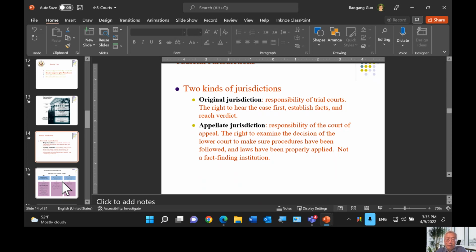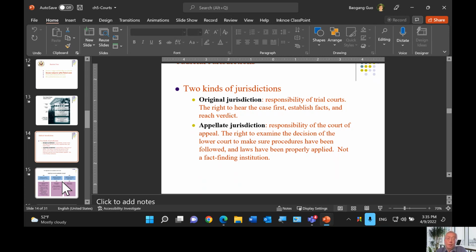Also, at this level the court can examine the application of the law in a particular case. Maybe judges used the wrong law. Maybe the law itself is questionable. So that's where judicial review will take place. If the law is okay, but the judges find something in the law that is clearly in violation of the Constitution, that's where they use judicial review to declare those laws to be unconstitutional.